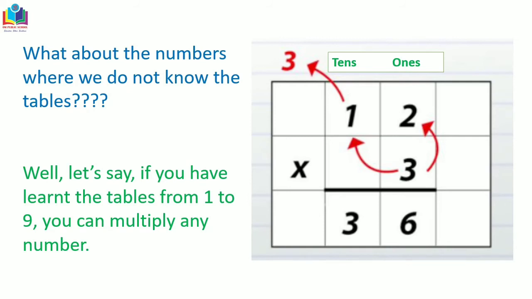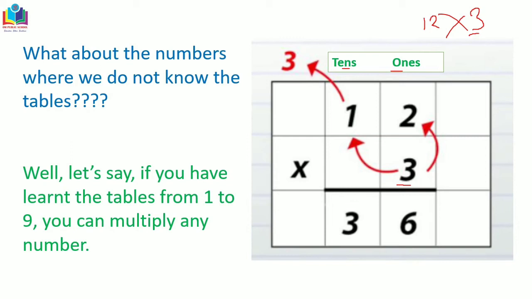Like, for example, we have the number 12 and we are multiplying this by 3. How do you multiply it? First, write the number 12 as per the place value, tens and ones. And then write the number 3 at the ones place value because this is just a single digit number.